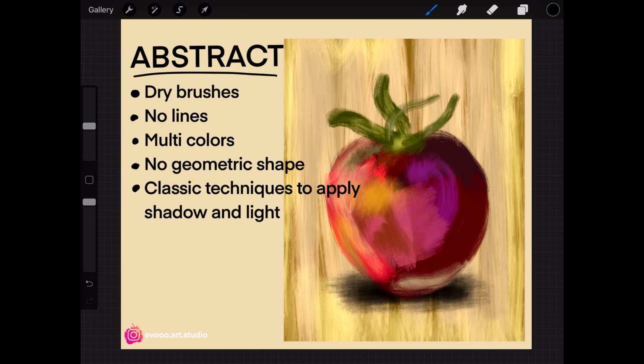If you notice as well, there are no lines around. You know, when we sketch something and sometimes we add the around shape lines, we don't do this in this style. The multicolors,